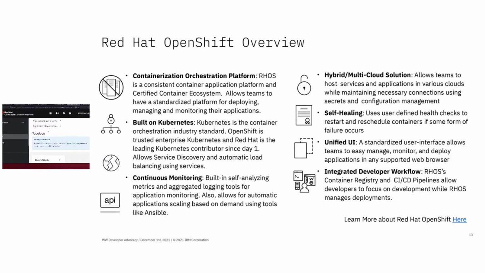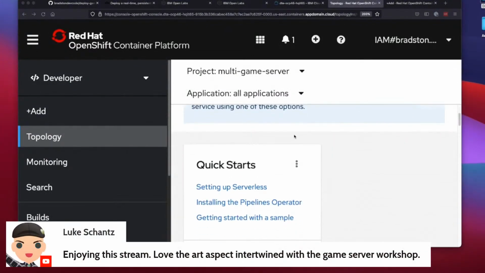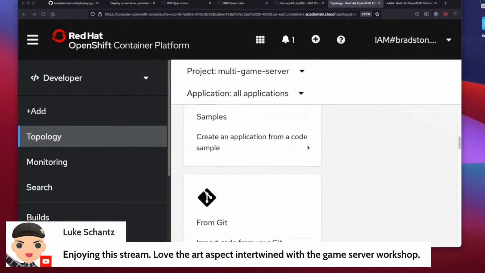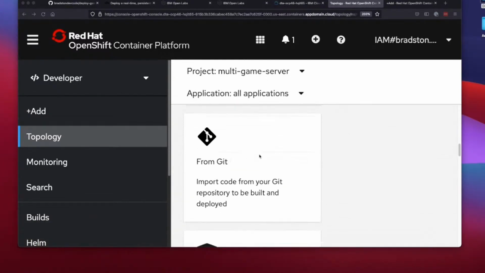Okay. So let's go back to our Red Hat OpenShift web console. So on our console, once we've created our project, what we're going to do is actually create our application. So what we're going to do here is scroll on down to this option that says From